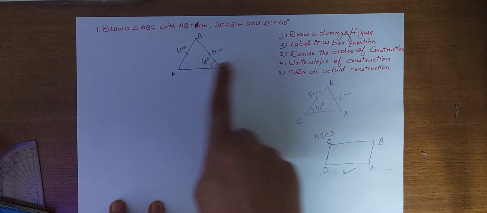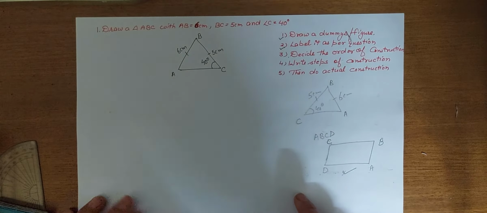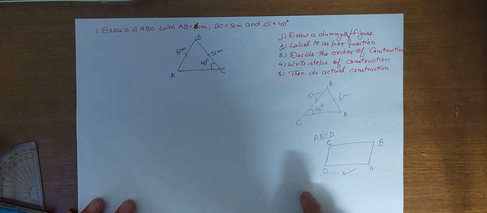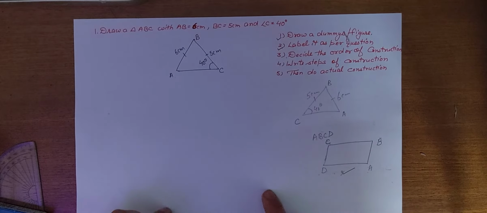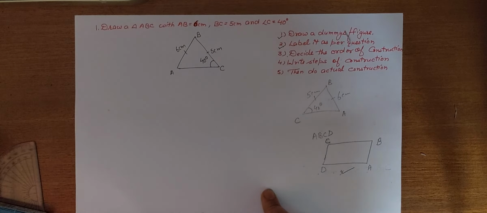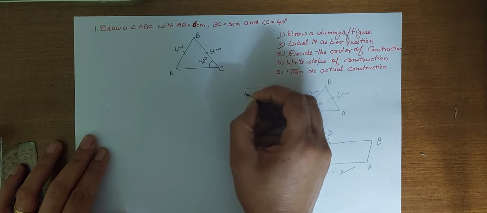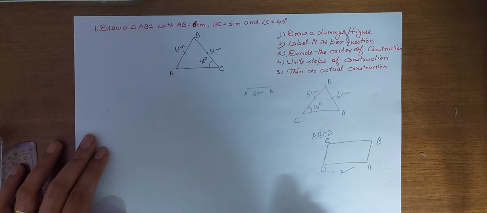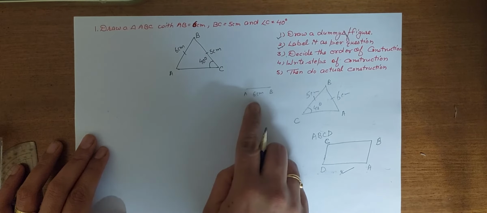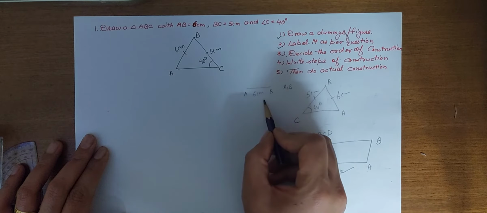Now after drawing the dummy, our third point is to decide the order of construction. See, here we have the dummy. Now we cannot just start drawing with any measure. For example, we cannot start drawing this triangle here with AB equals 6 centimeter. See what will happen if you draw AB equals 6 centimeter. The moment you draw a 6 centimeter line, how many vertices are there on the sheet? The 2 vertices have already come on the sheet, and those 2 are A and B. And now what do you have to find out? You have to find out the third vertex, which is C.